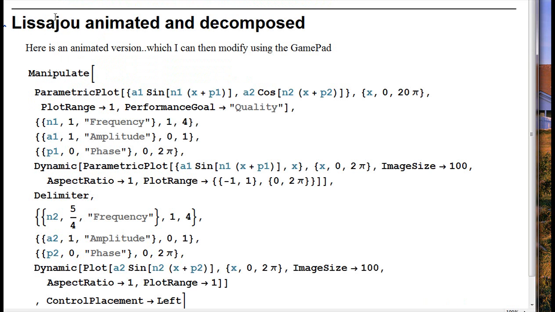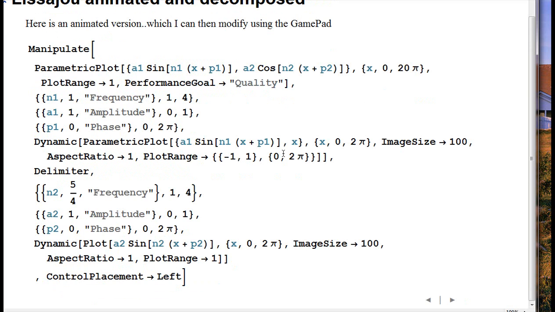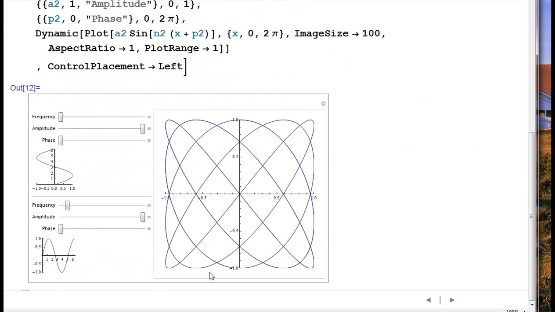And I'd like to see that more clearly by animating it and decomposing it. So here's an animated version, which I can then modify using the GamePad. And again, there's pi, and there's some fractions, so it's kind of typeset. So I'll go ahead and invoke that. And this is more complicated. This sort of looks somewhat like the curve in the other